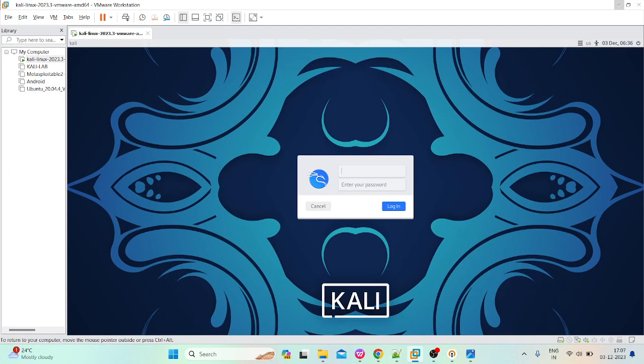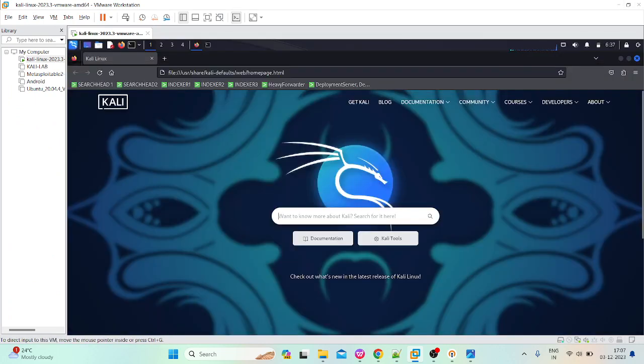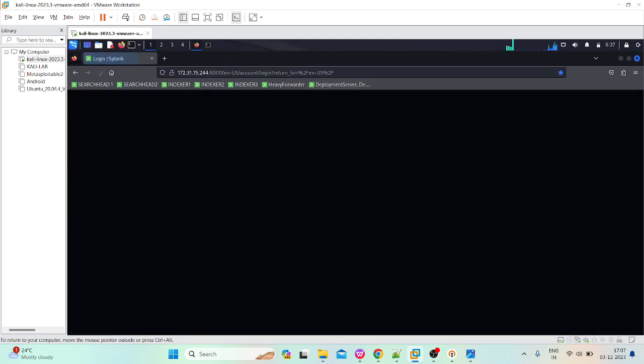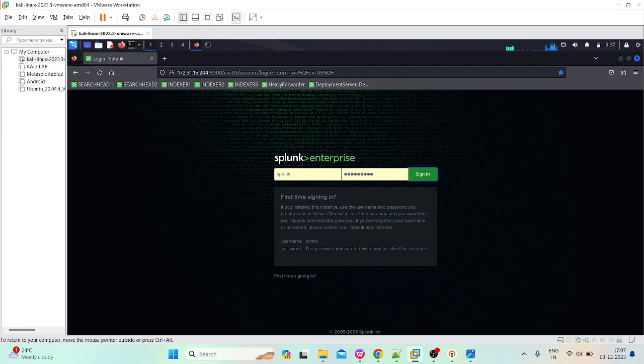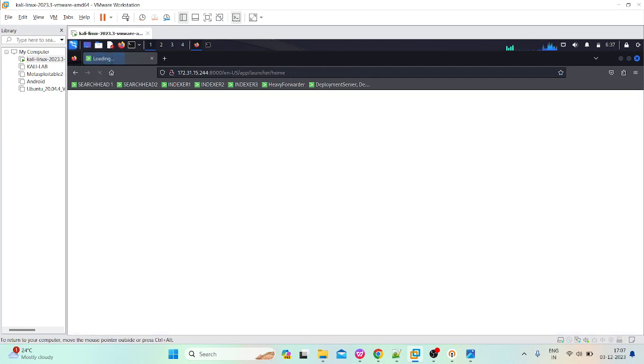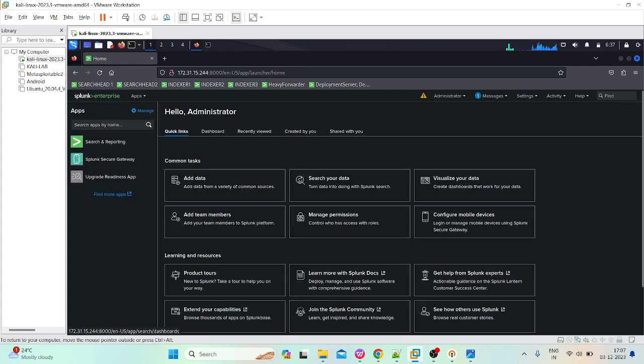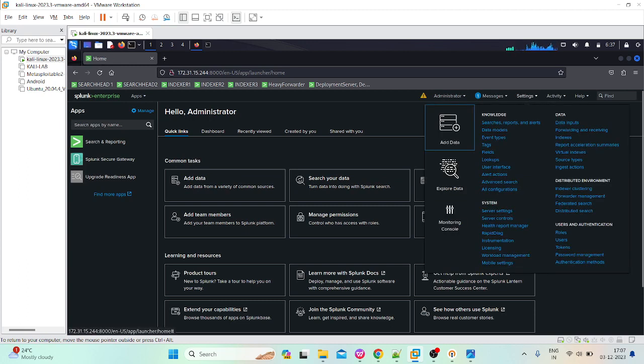Now, coming back to my, okay. So now as I'm going to work on the deployment server right now, let's quickly log into the deployment server. Okay, so the Splunk instance which we have initiated for the deployment server, we'll be logging into that. So now once we log in here, guys, go to settings and go to